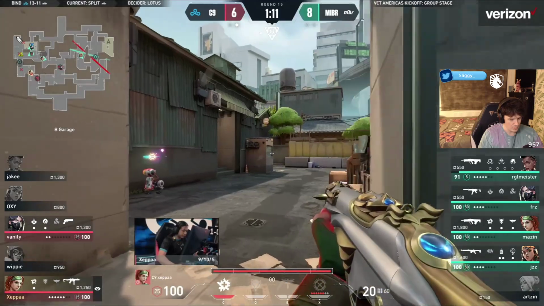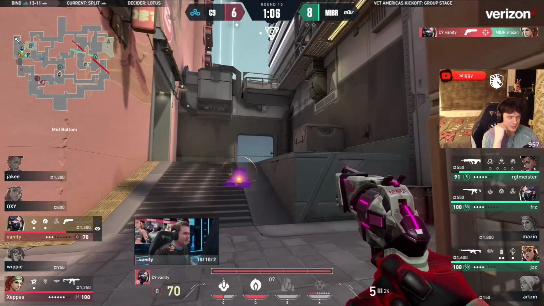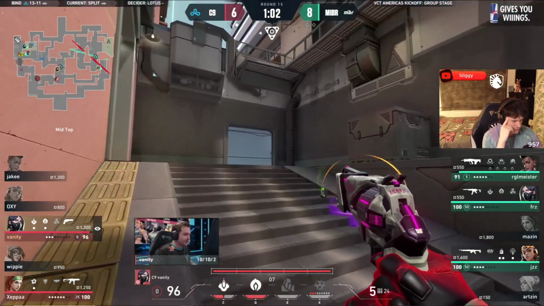Now Vanity and Zeppa, another attempt to go for a half line. Nice shot. Bazooka main coach, yeah, it's looking like it. Fraud had a... Did Fraud have a kid recently? Did I just make that up or did I see that on...